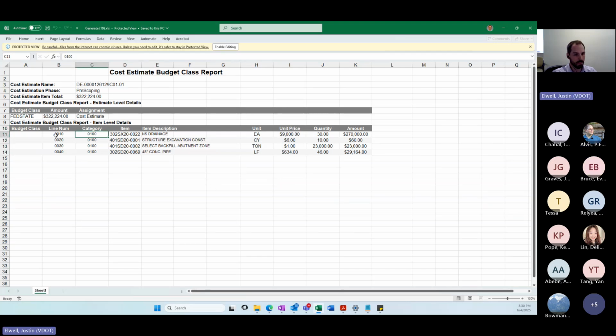Yeah, I would say the best way would be to use this budget class report that exports to Excel, and then just copy your items directly into that template, filling in each of those fields that we talked about. But at the moment, there is no way to just export that base template filled in with these items to modify that way. Okay, no, that's fine. Thank you for that. Of course. This is great, good stuff. Thanks.